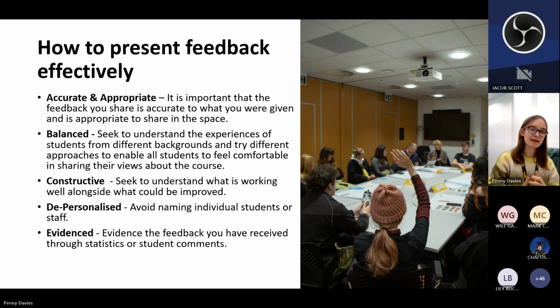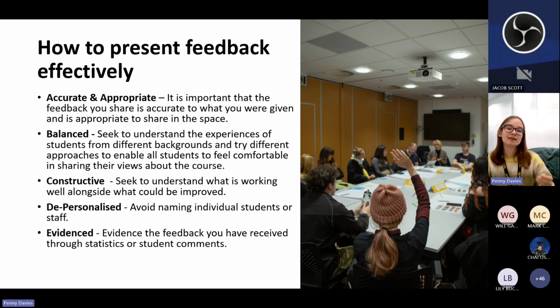If it's feedback where you're just comparing the nature of two different lectures, for instance, or two different modules that are delivered by two different lecturers, it's okay to bring that feedback forward. Just don't name the people and point fingers. Just say, oh, well, this module is run like this, or one particular lecturer's session was run like this. And yeah, just avoid naming specific people. I hope that makes sense. If it doesn't, let me know.